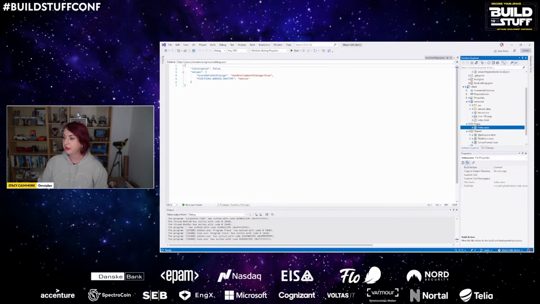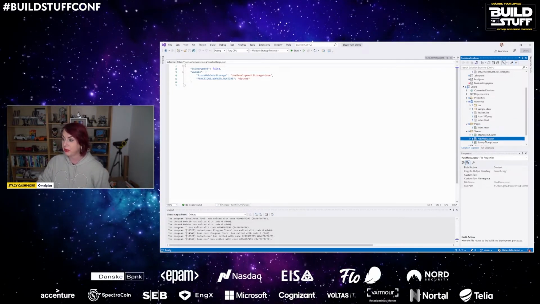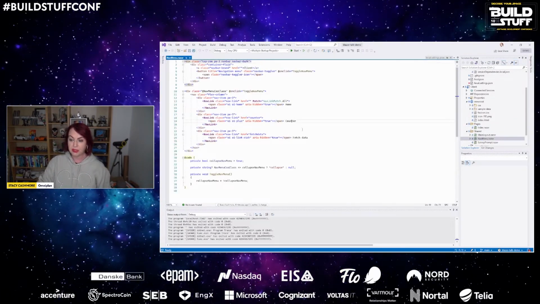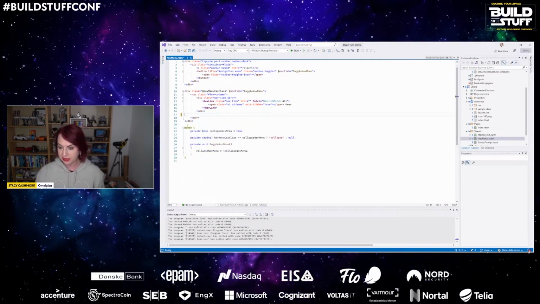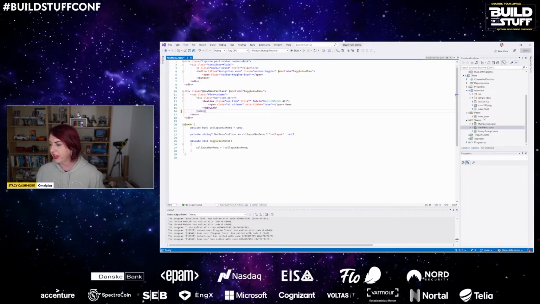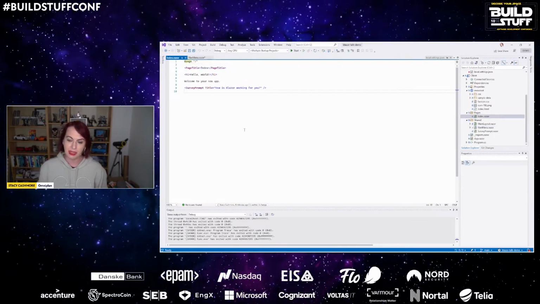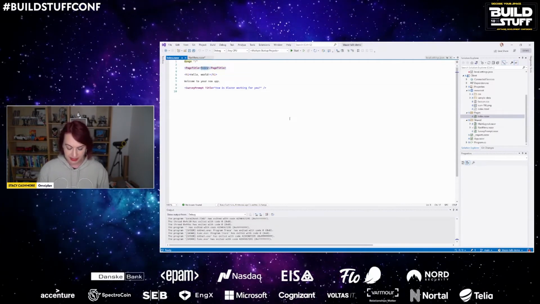That doesn't show that much about me. In our shared folder, you may have seen down the left-hand side of the screen, we had that nice menu out of the box. Well, we've got rid of the counter and we've got rid of the fetch data. So we're going to clean this up a little bit. Just get rid of the stuff that we don't need. And finally, we're going to change our index page because we don't want hello world. We want something slightly better than that.